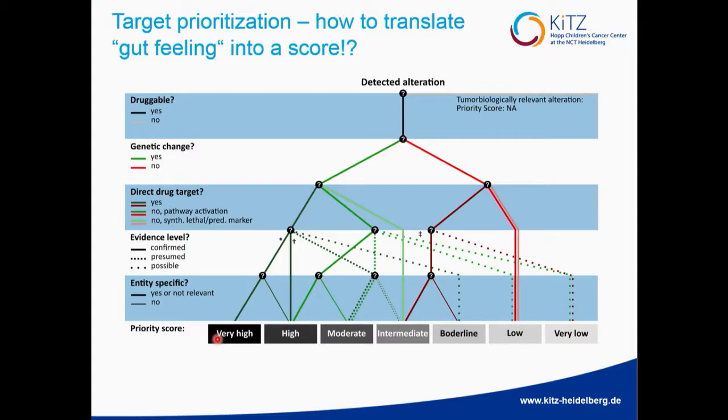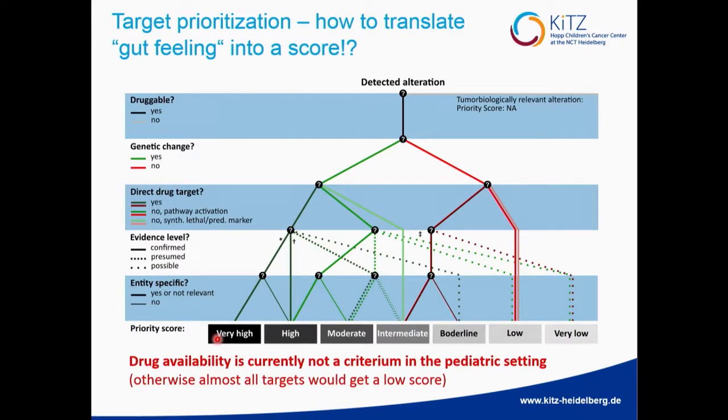So this will end up in anything between 0 and 10 reported alterations per tumor. We do not take availability of drugs into account, because if we did so for the pediatric population, we would basically end up with almost nothing, as you know. So this is rather meant to be cataloging the frequency of certain genetic mutations to then negotiate with companies about